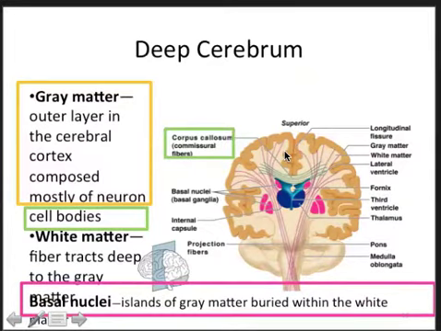Gray matter is the outer layer of the cerebral cortex, and it's made mostly of neuron cell bodies, and underneath it is white matter that's made up mostly of myelinated axons and is involved in signal transmission. So remember, gray matter signal processing, white matter signal transmission. And so you can see the gray matter here. You can also see some layers of deeper gray matter,